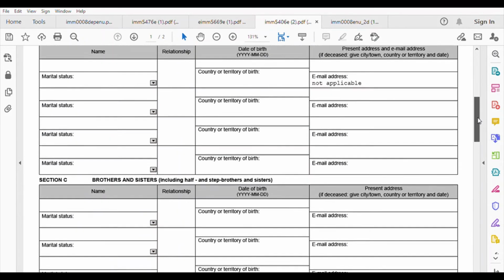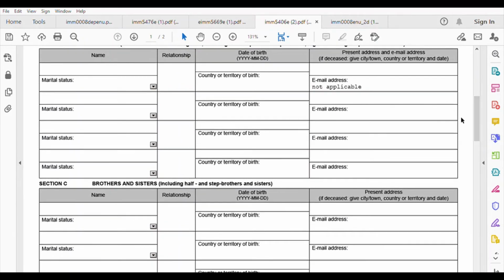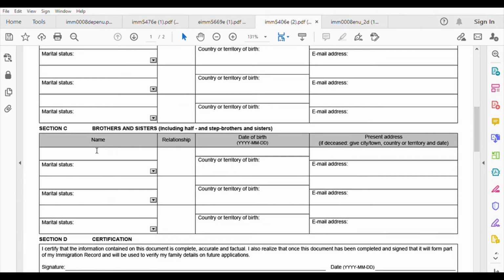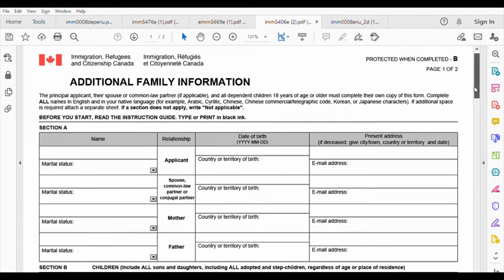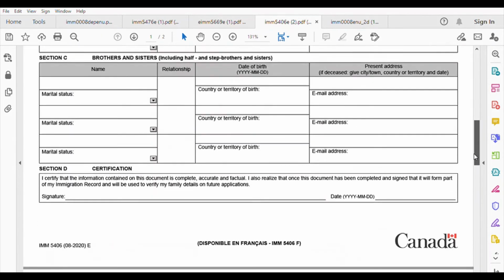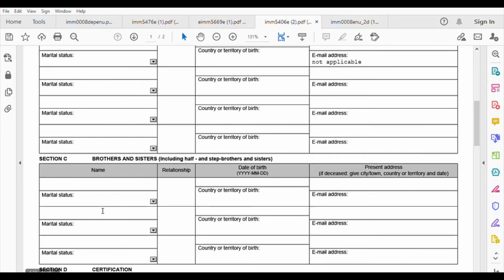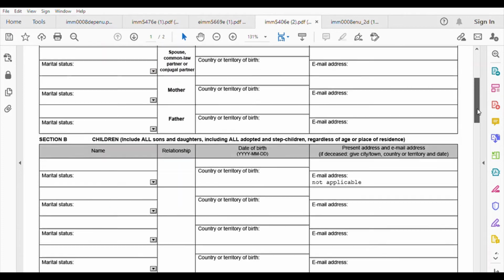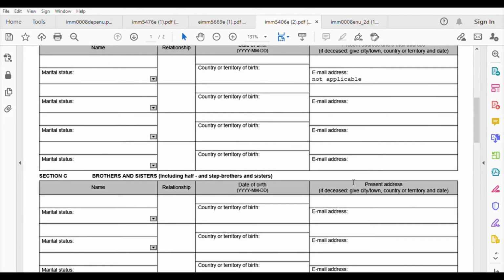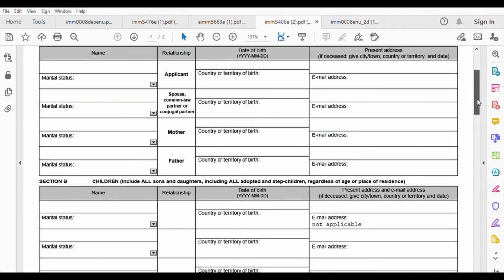So for example, if you have many children or many brothers and sisters, more than 1, 2, 3, there are 3 spaces here. If you have more than 3 brothers and sisters and you need to mention them in this form, you open another form like this form and you fill only the part that you need, and you keep the rest empty because you already filled this part. So you fill this extra part and you print out only this extra section,